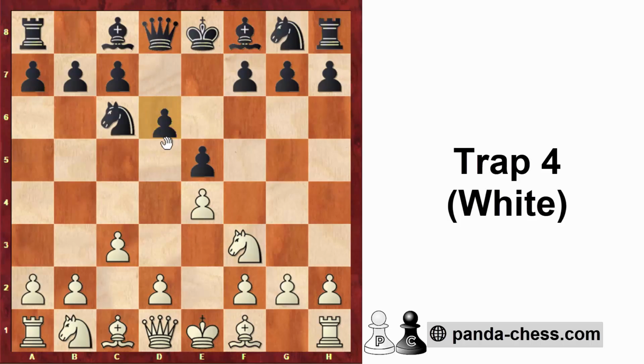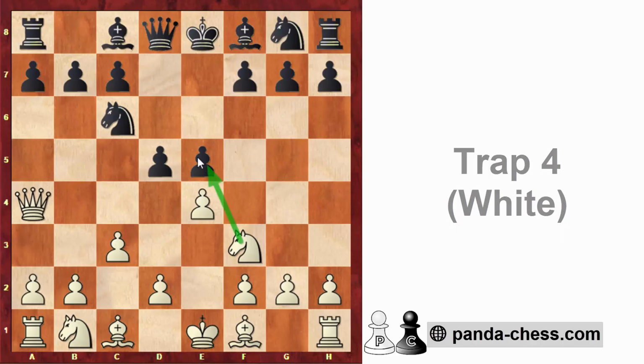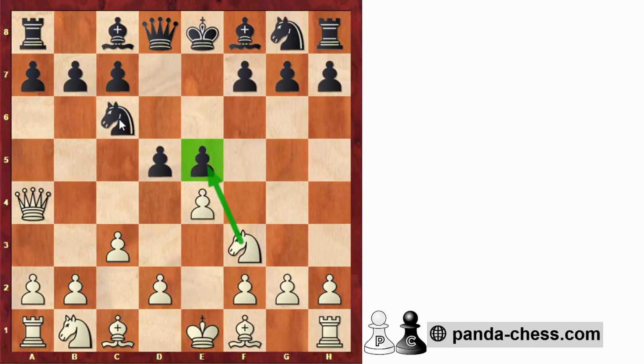Another main line for black is to go d5, and here the main move by white is queen to a4, planning to take on e5, since the knight on c6 is now pinned. Here black has a few options. f6 is a common move to defend the pawn on e5, but here black might take on e4, and after knight takes,